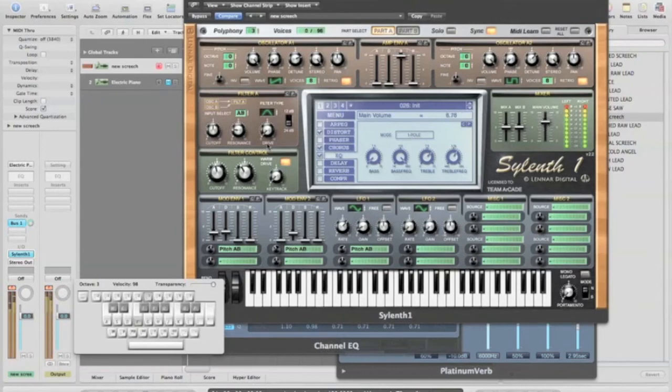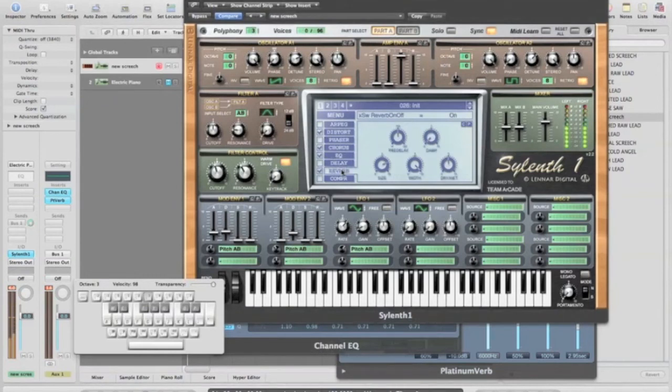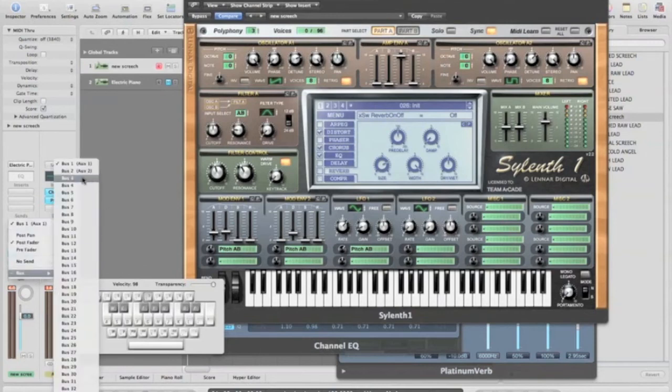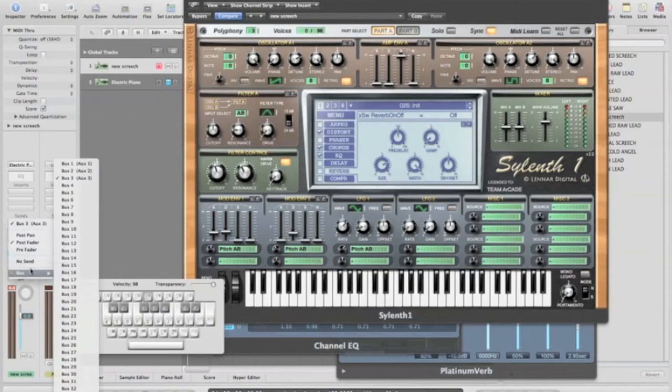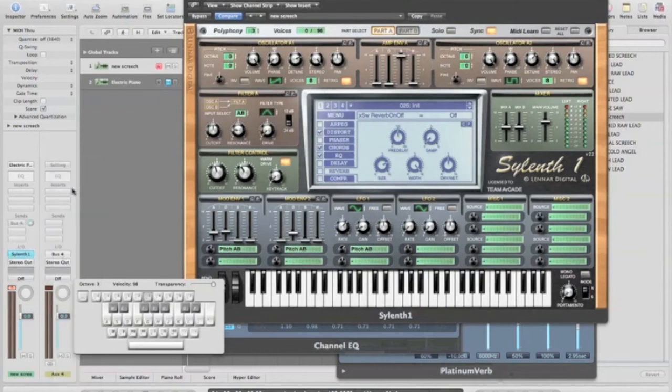Cool. So, what I do for reverb, I don't like to use the reverb in Sylenth because it just sounds cheesy. I mean, it's decent reverb, but you don't have as much control over it. So what I do, I'll do a tutorial on this another time. I'll send the actual track itself to a bus. So this one's going to send it to bus 4,